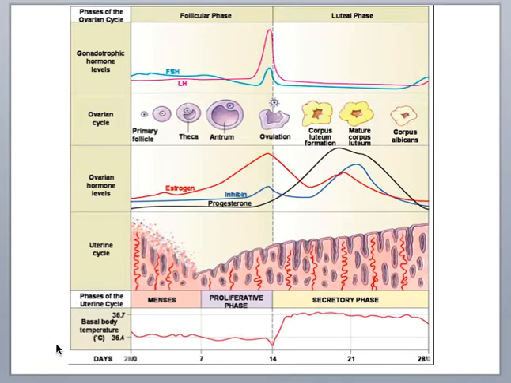So this is a diagram showing you what's taking place, like which hormones are dominant at which point in the reproductive cycle, what's happening in the ovary, what's happening in the uterus. And so this is an entire reproductive cycle, which happens on average about 28 days once the onset of puberty happens. And so this is showing you levels of FSH and LH, what's happening in the ovary in relation to the hormone levels, which hormones are being produced by the ovaries, right here, and how these correspond to what's taking